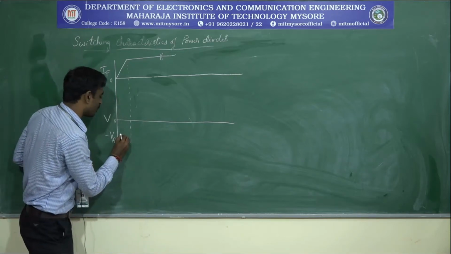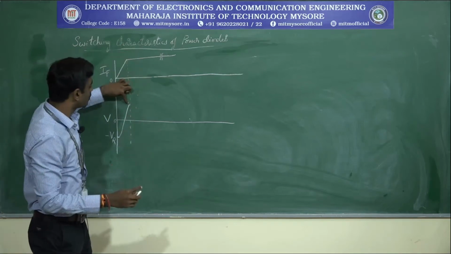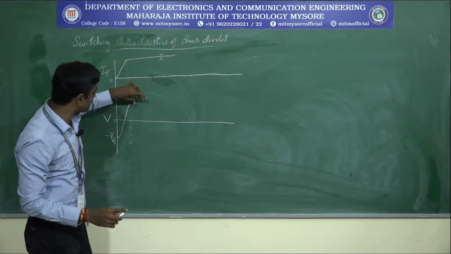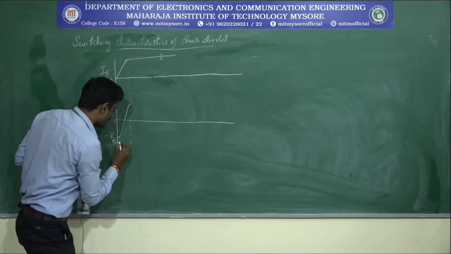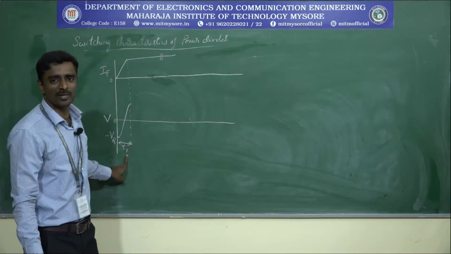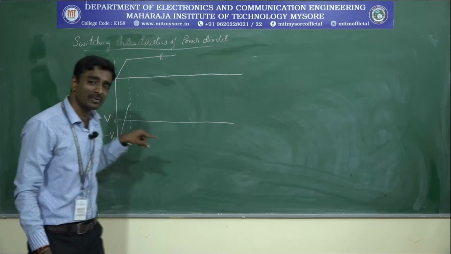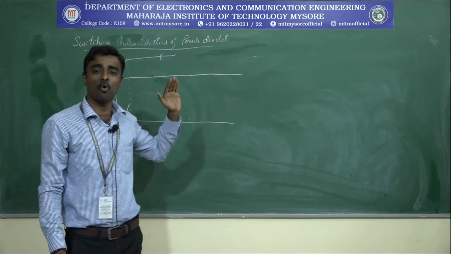It should reach the peak value by crossing the zero value. This value will be called the steady state current, and this will be the peak voltage. I will call this time period T1. At the end of T1, the current will be in a steady state condition, but the voltage will be in